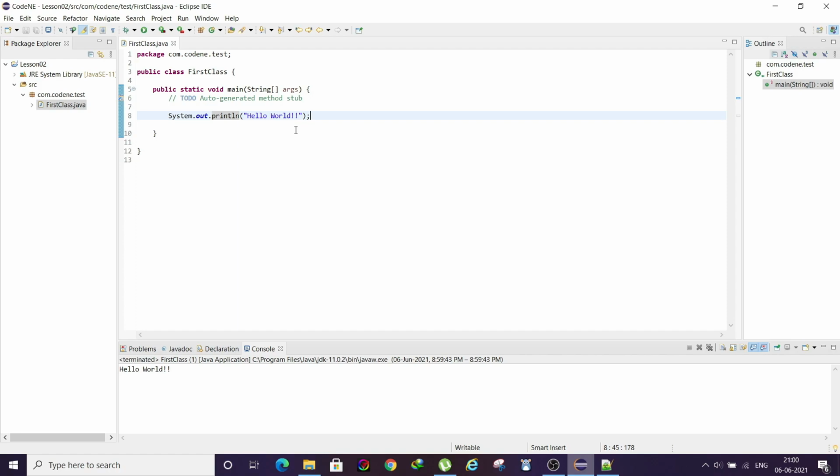But if you are an absolute newbie, it is advisable that you sometimes practice your coding in Notepad++ also, so that you do not forget how to declare a class, how to declare the main method and all those basic things.